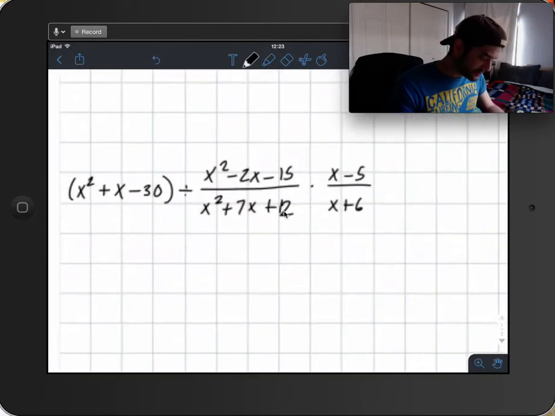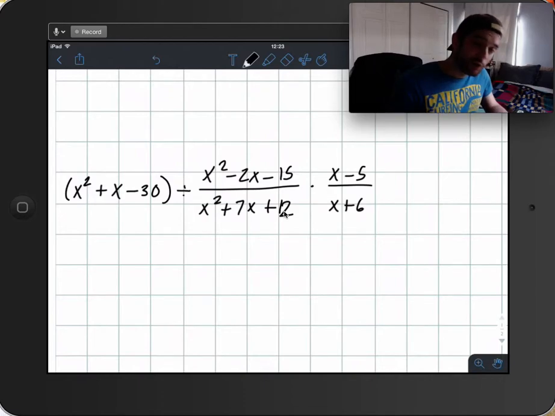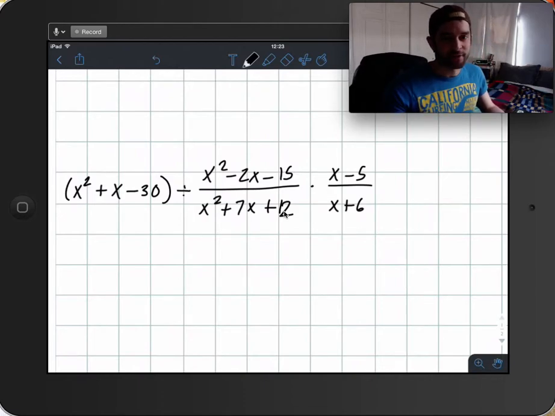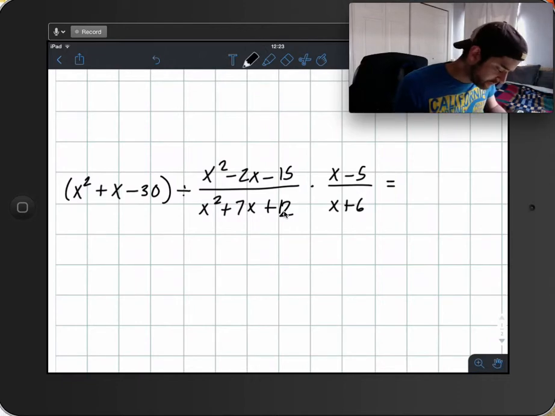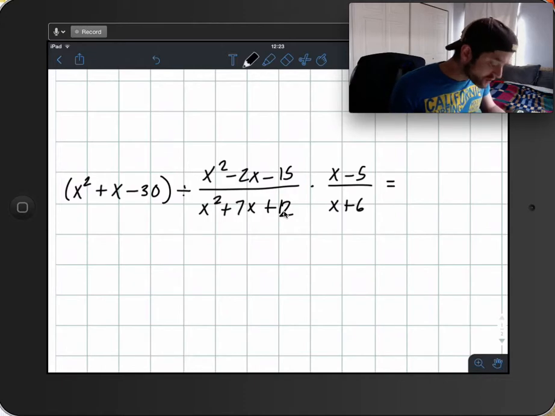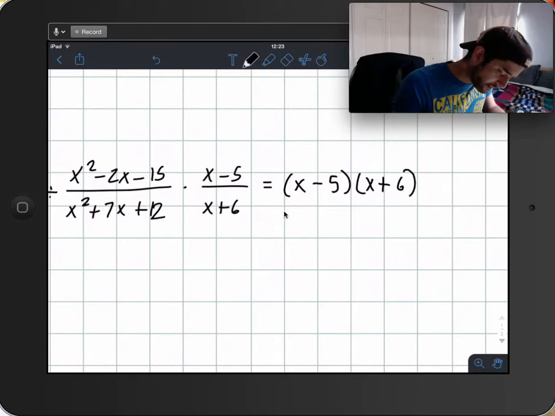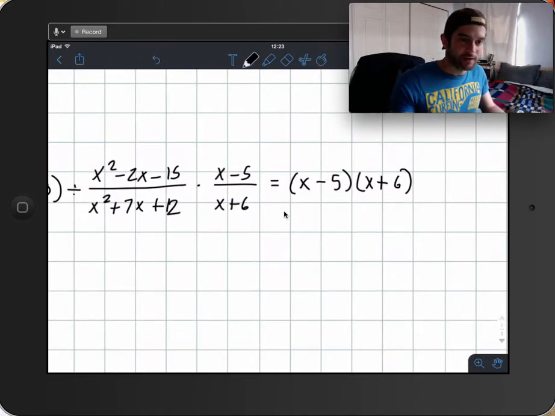But what happens in this case where I have something divided by a fraction and then times another fraction? Who do you flip over? Well, you only flip over the fraction that's directly after the division sign. For example, I'm going to factor as I go just to make this go by a little quicker. So x squared plus x minus 30 is going to factor into (x minus 5)(x plus 6). And then since we're dividing by (x squared minus 2x minus 15) over (x squared plus 7x plus 12), we're